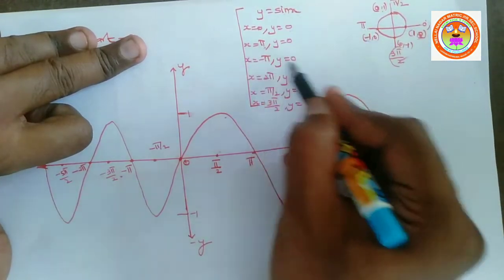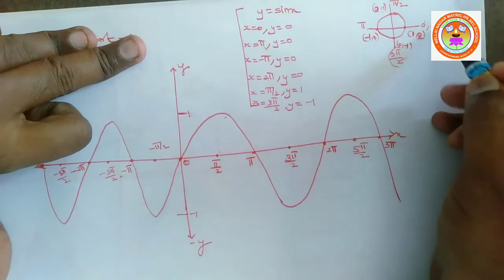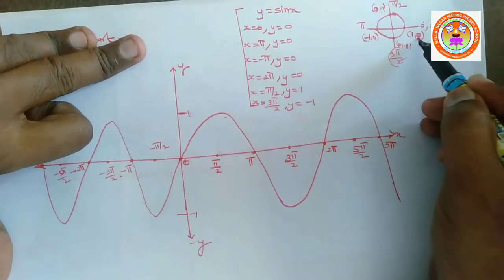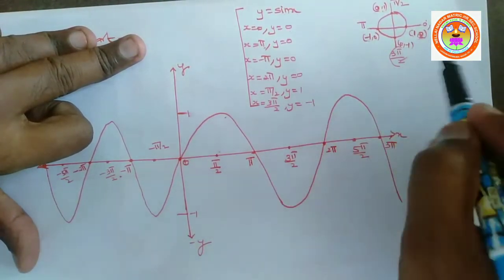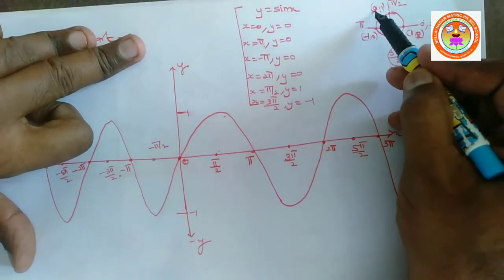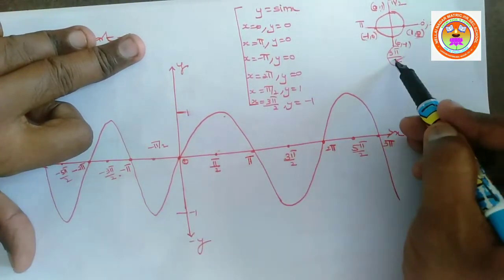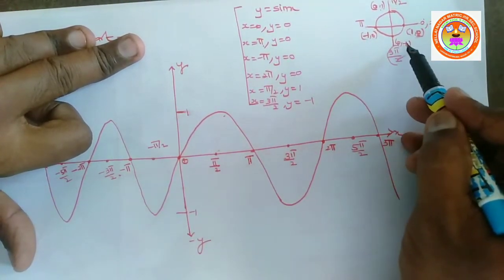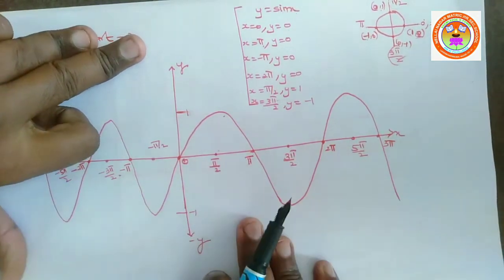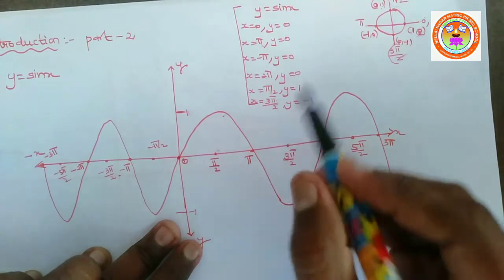I don't need to leave it as a minus value. x is equal to 2 pi: cos 2 pi is 1, sine 2 pi is 0. If I take x is equal to pi by 2, cos pi by 2 is 0, sine pi by 2 is 1. x is equal to 3 pi by 2: cos 3 pi by 2 is 0, sine 3 pi by 2 is minus 1. So now if I go into the points, see here, 0 comma 0, this is 0 comma 0,